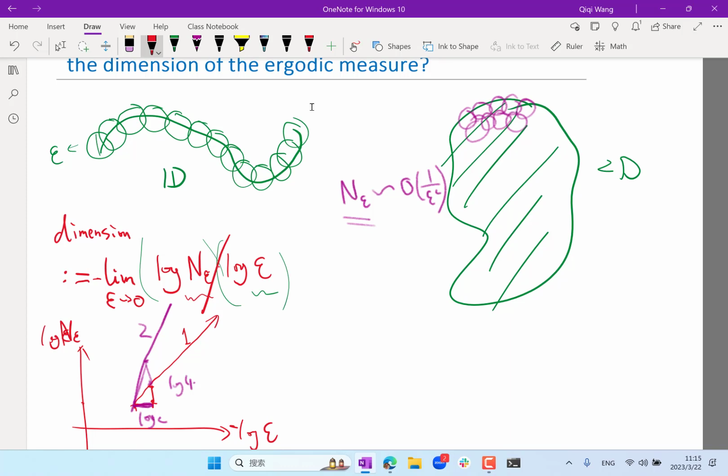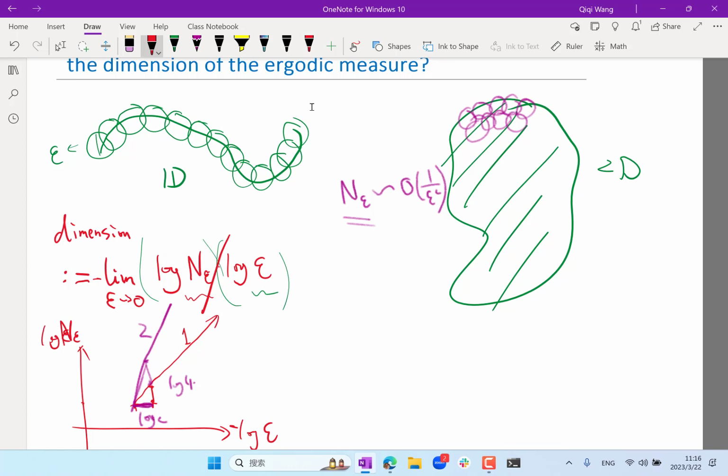Okay, you can easily think about it in 3D, right? The number of balls I have to use to cover is proportional to 1 over epsilon cubed. As a result, the line is going to have a slope of 3. All right, so